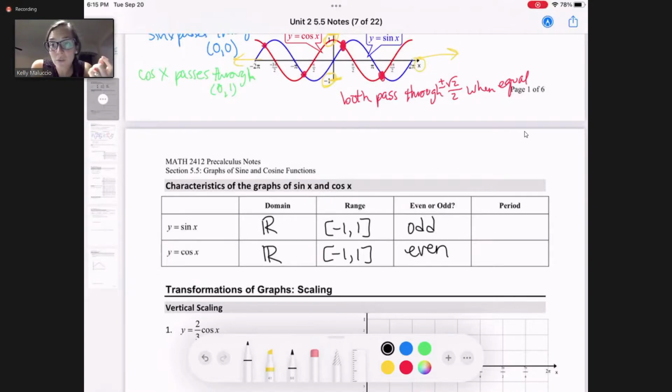And then our period for both of these. The period just means, if you think of the graph, the distance on the x-axis that you need to go to complete one full cycle, I guess we'll call it, of the curve, right? And so for both